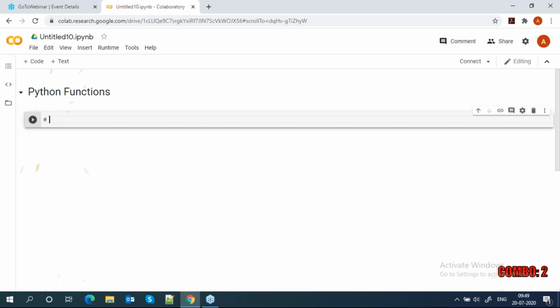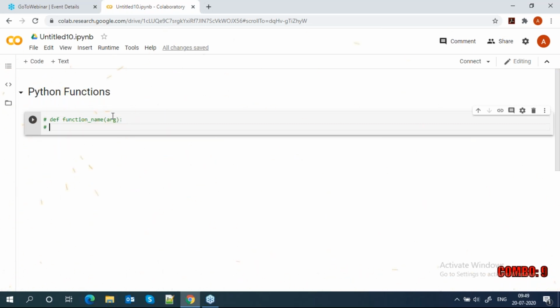To create a function we use def, then the function name. Then here we pass your arguments. Then you write your block or logic here.